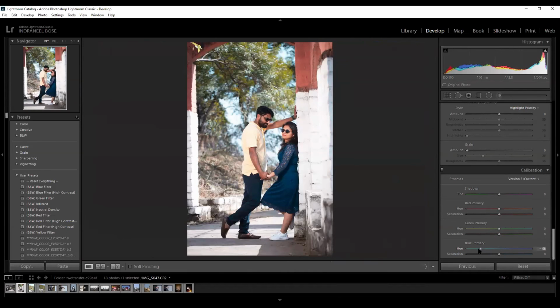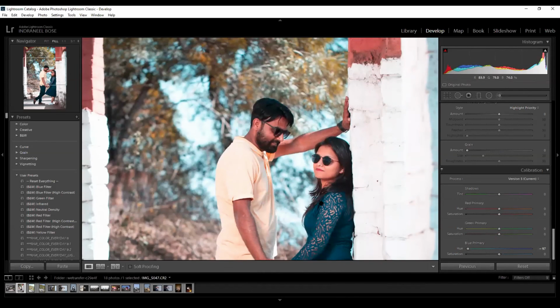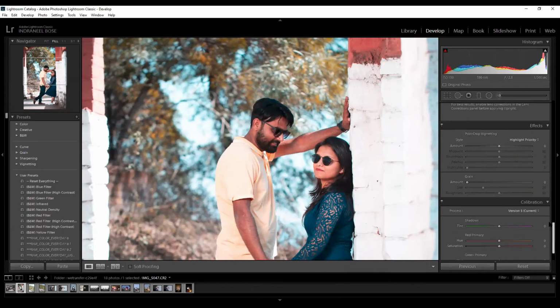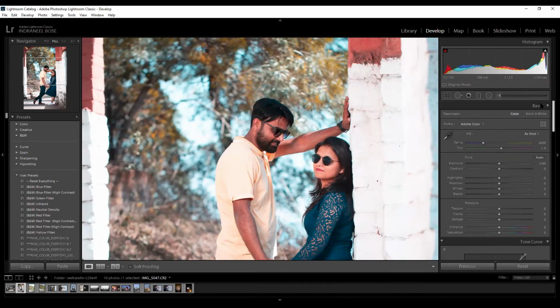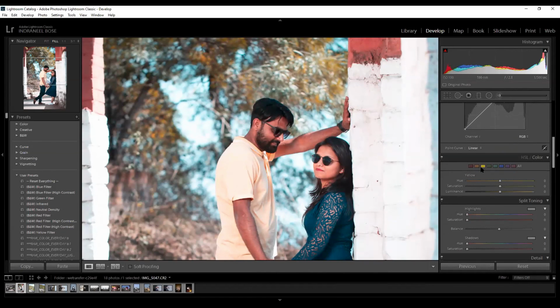Now, here we can shift it, see. But the issue is coming, my skin tones and my yellows are gone. Okay, now there are only two ways, either to mask it out or go to the yellows and try to bring back the yellows. But there will be a shift in the colors always, understand that.